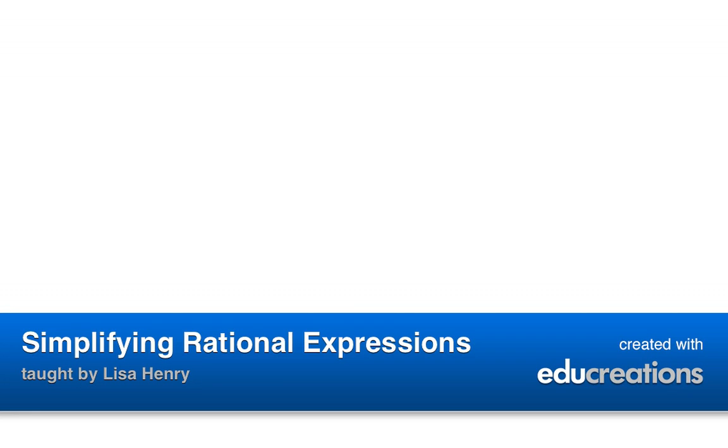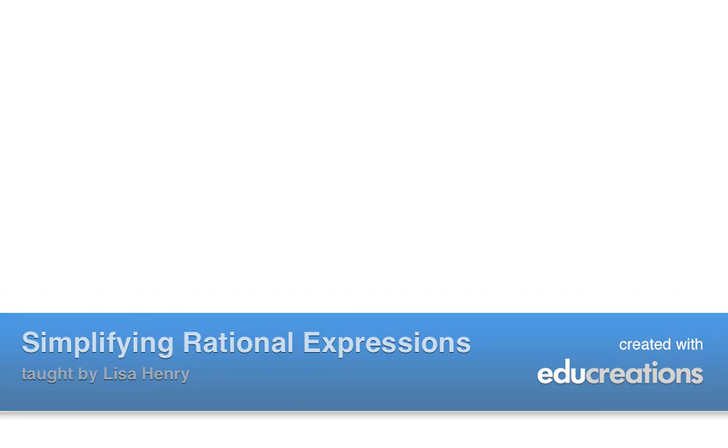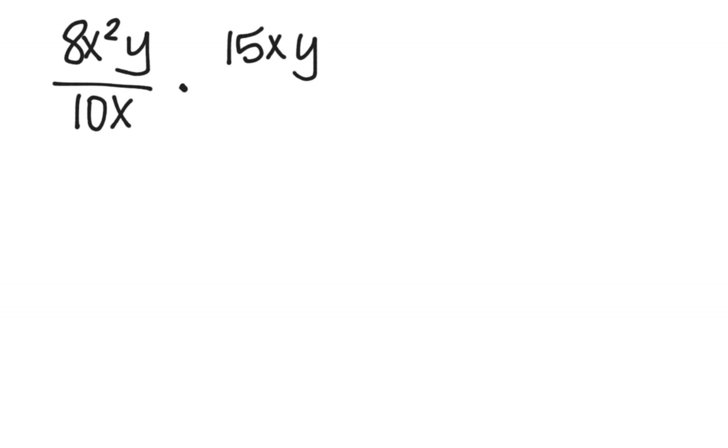This lesson goes over learning target 43, which is to simplify rational expressions using multiplication and division. We're going to start with something fairly straightforward. We have 8x squared y over 10x times 15xy to the 6th over 16x cubed y to the 4th. When there is no addition or subtraction, you are simply reducing what you have using principles of division you know